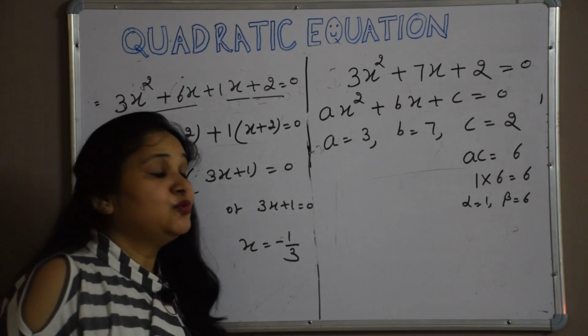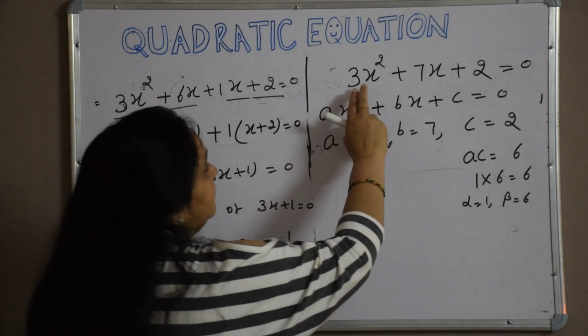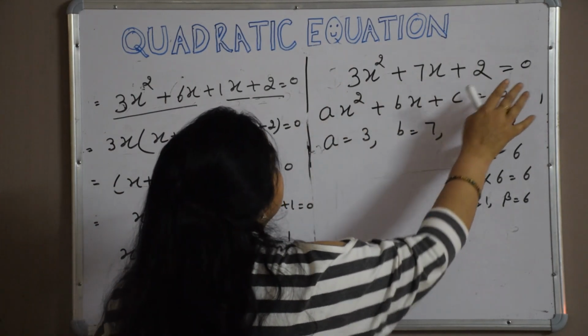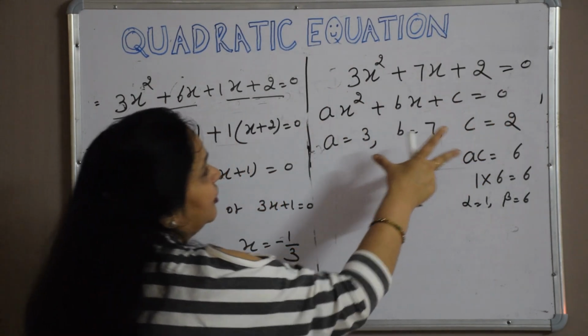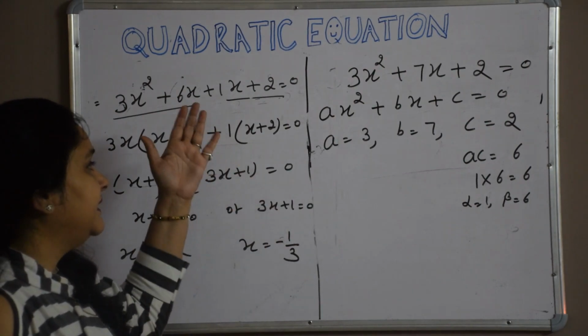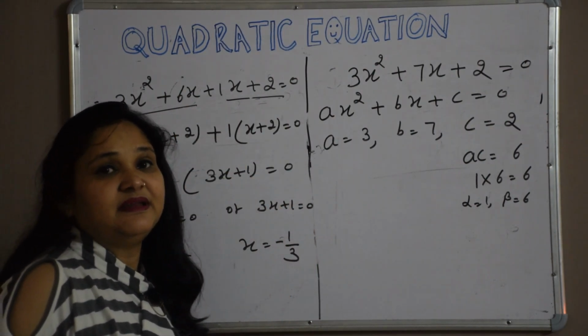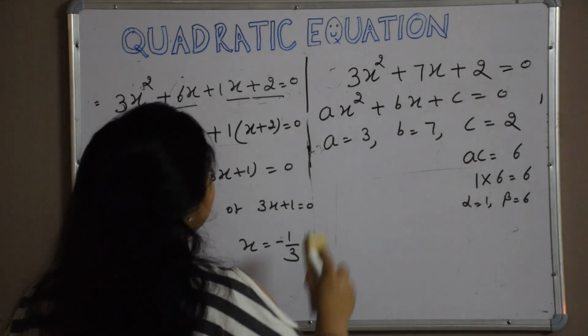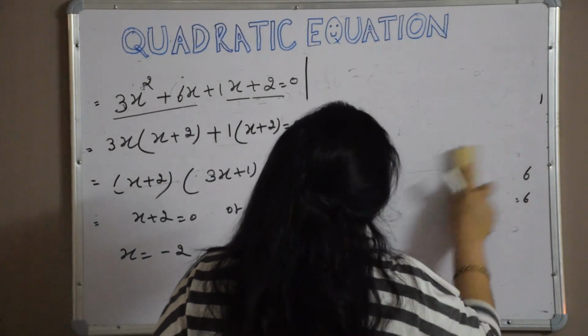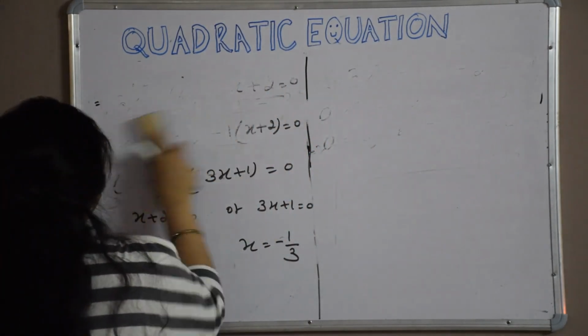Today we will consider more examples. Here we saw we are taking just positive sign. Here A, B, C all were positive. But now we will take some examples where A, B, C any one can be negative and how we can perform and how we can split the middle term in those cases.